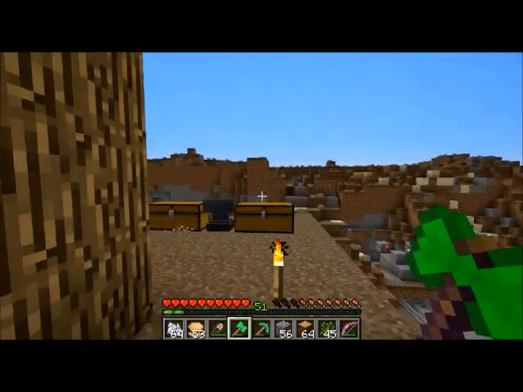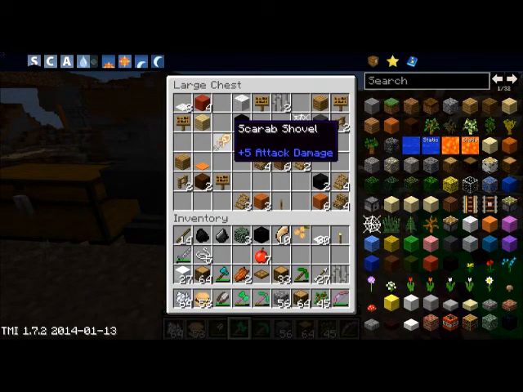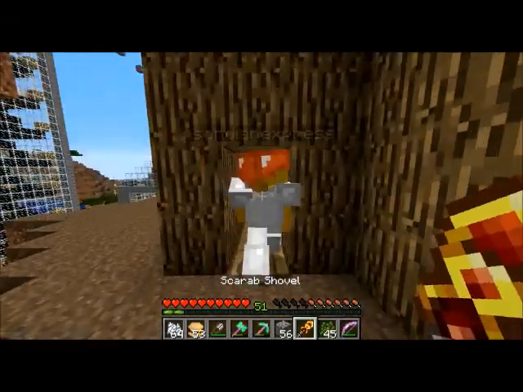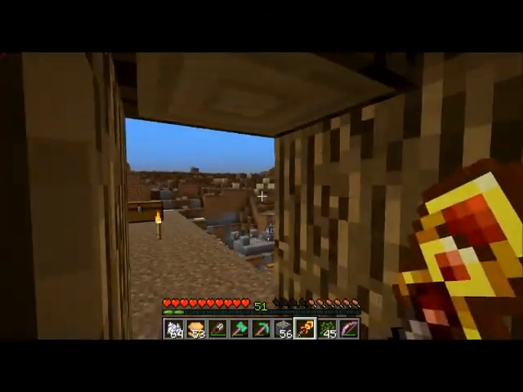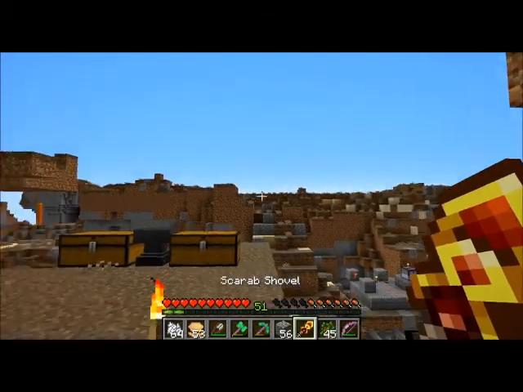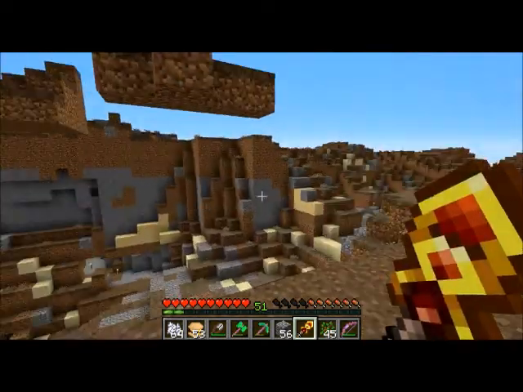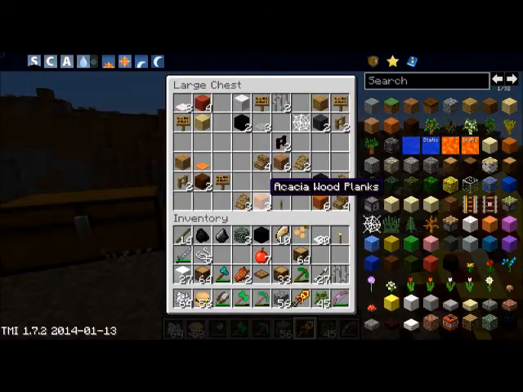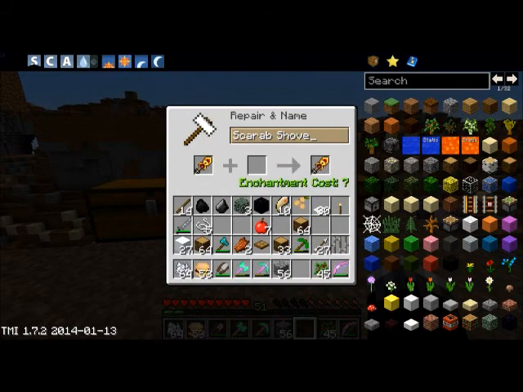So the first string instrument we will build is the violin. Okay, San, the violin's too small to actually build a model of it. So I'm just going to use a scarab shovel that looks kind of like a violin. It's just at the wrong angle. But if you tilt your head almost upside down and somewhat to the left, it kind of looks like a violin, kind of. But anyway, I'm going to rename this in the anvil. I'm going to call it